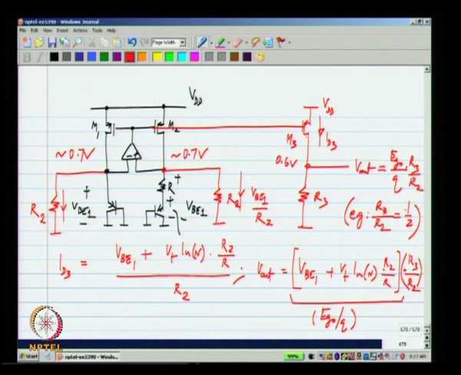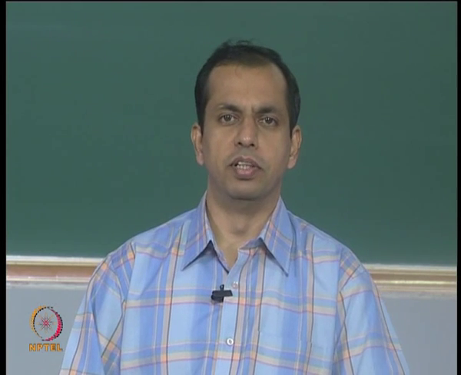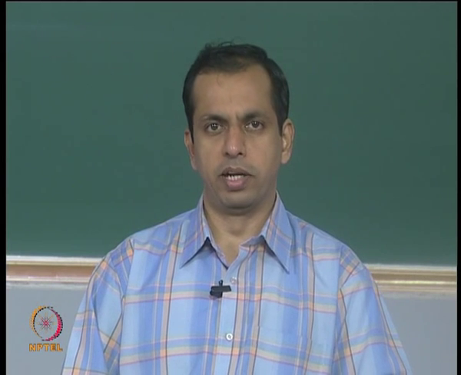So, the minimum voltage that is required, which was the main point of modifying the circuit, is VBE1 plus VD sat M1, which is approximately 0.7 plus 0.2 volts, which is 0.9 volts. Whereas earlier we needed 1.4 volts minimum supply to build our band gap circuit, now we need only 0.9 volts. This circuit, which was basically an adaptation of the original band gap circuit in order to operate with a low voltage, is called a fractional band gap circuit.